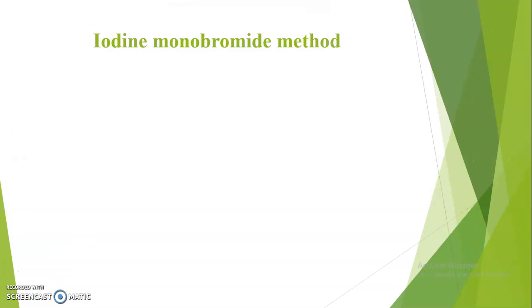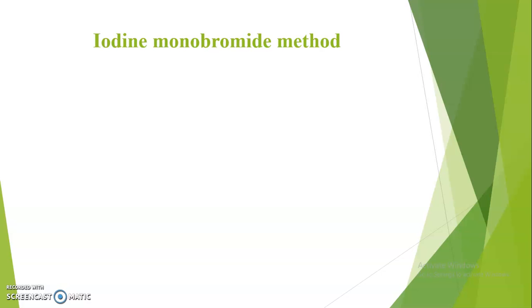Now, before discussing the iodine monobromide method, I will revise the meaning of iodine value. Iodine value is defined as the number of grams of iodine that are absorbed by 100 grams of fat or oil sample. So here iodine value will give us an indication or idea about the unsaturated character of our fat or oil sample. It depends upon the number of double or triple bonds that are present in the given